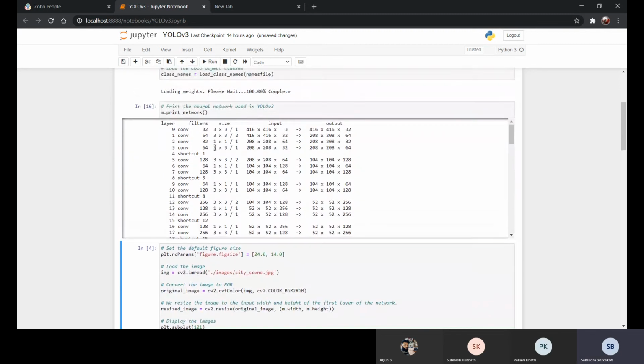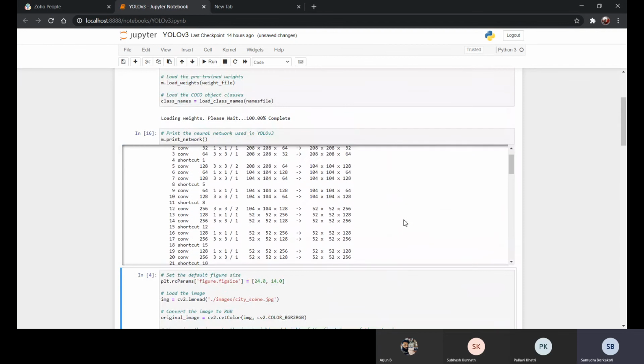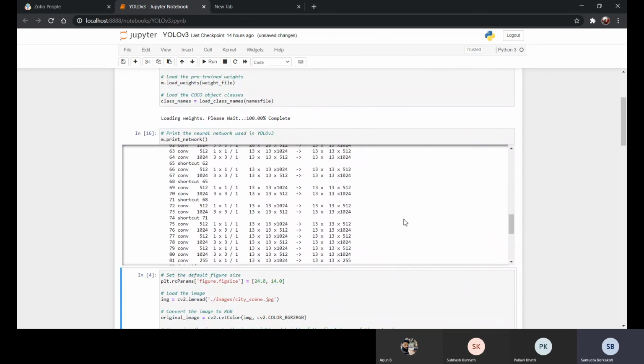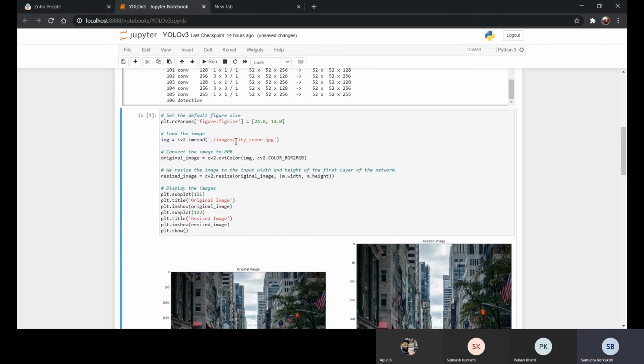And here's the process, from the beginning to the end, the training model. YOLO currently, I think, is being used for AI in self-driving cars.